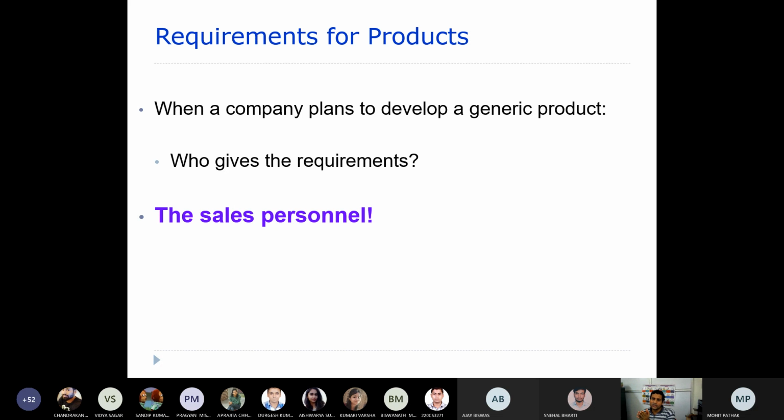So let's say you are going to develop a product for the marketing team. Yes, marketing person. So sometimes you can take the salespersons or the marketing people who are going to market that, because they can also specify. So in case of general products, yes. But if it is a product for one or two customers, right? In that case, we will be going and asking the end users.